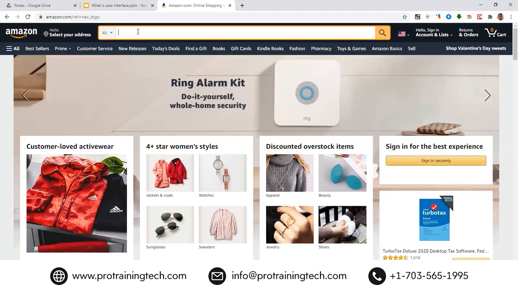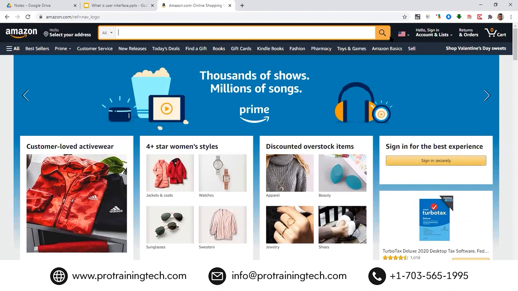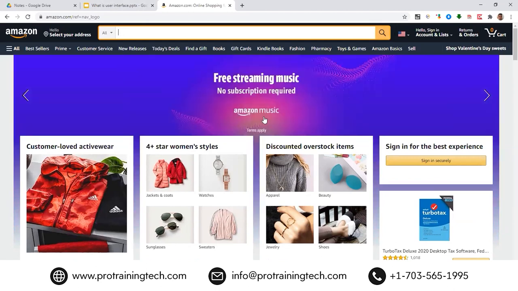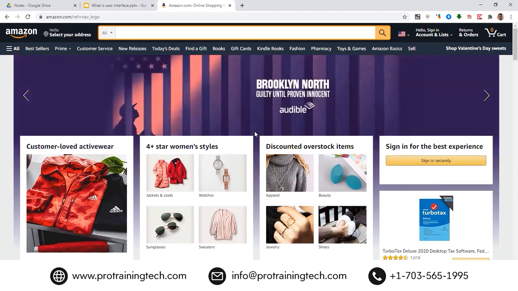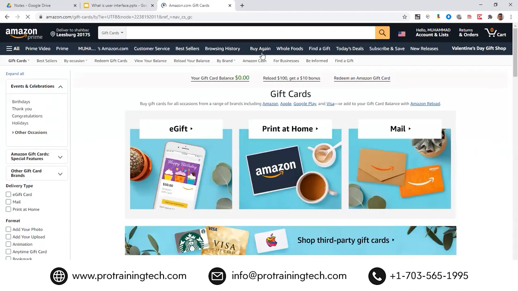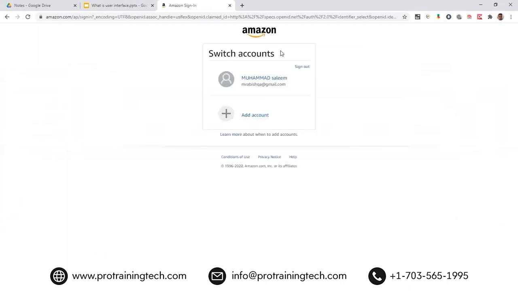For example, we might say the color of this search icon is not very attractive, please change it to this. This cart button may not be good here, we can place it somewhere else. These icons displayed here, maybe we can change their wording, we can change the text. So these are the design things you finalize for any application. Whatever pages it shows, when you click, it goes to other pages. For every page,